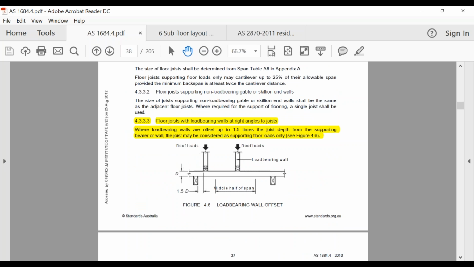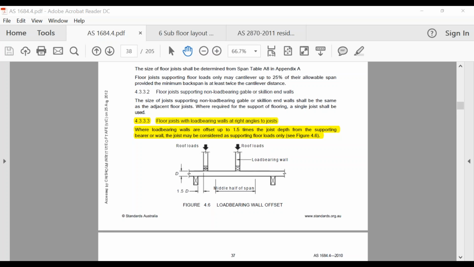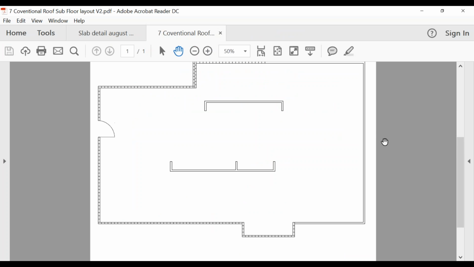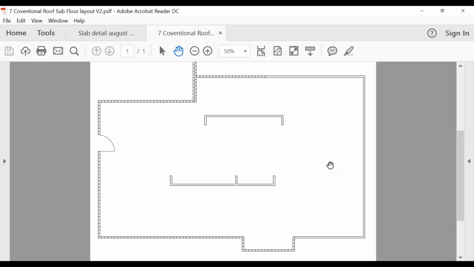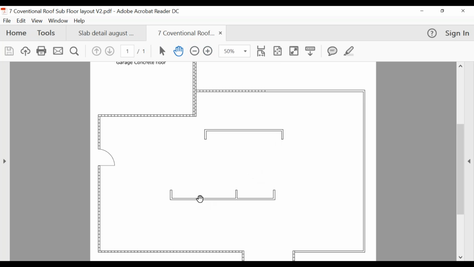So let me bring this other drawing up. Right, so this drawing here, this is one we'll probably attempt tonight. We probably won't get it all done, and that's fine. If you feel like you need a little bit extra work on it, you can do it in your own time, but no one's getting this in the VBA at the moment. It's a pretty hard one. But basically, what it is here, these are going to be internal load-bearing walls. So when you guys do this exercise, and we'll probably start it tonight,